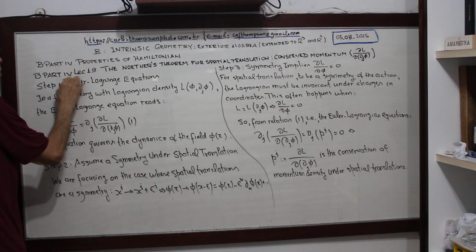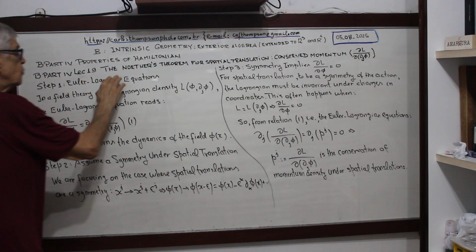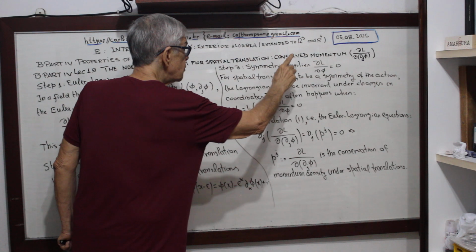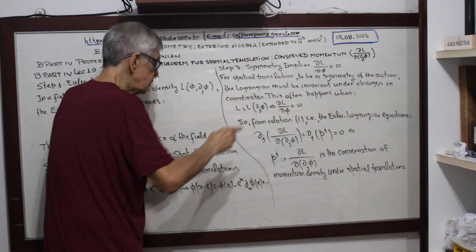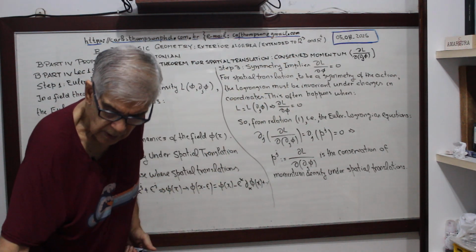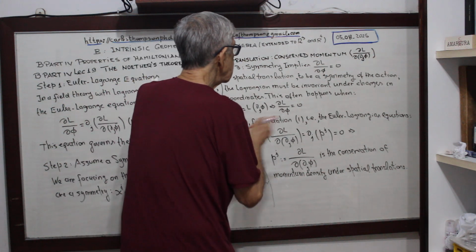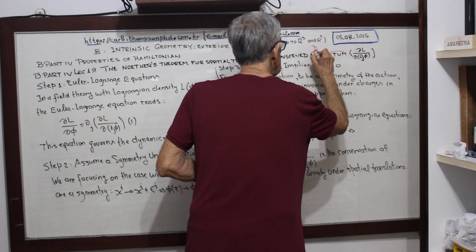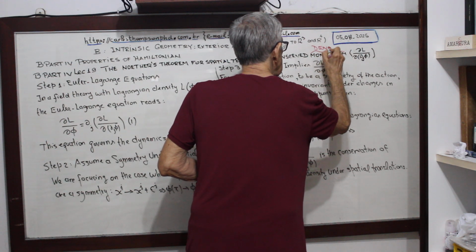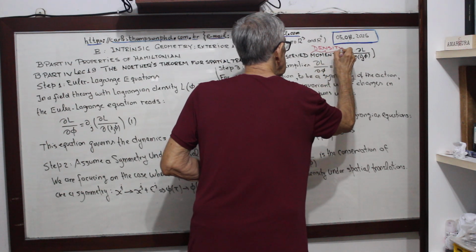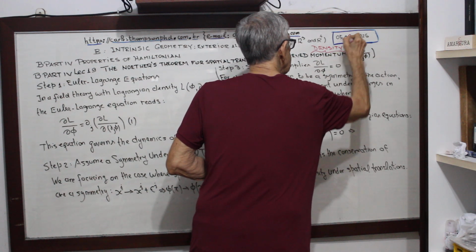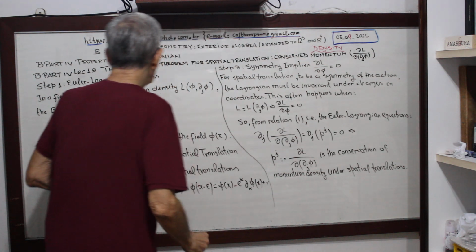B part 4, lecture 19, the Noether theorem for spatial translation, conserved momentum density. I will emphasize here, this is momentum density. Today is 9, okay? So, let's